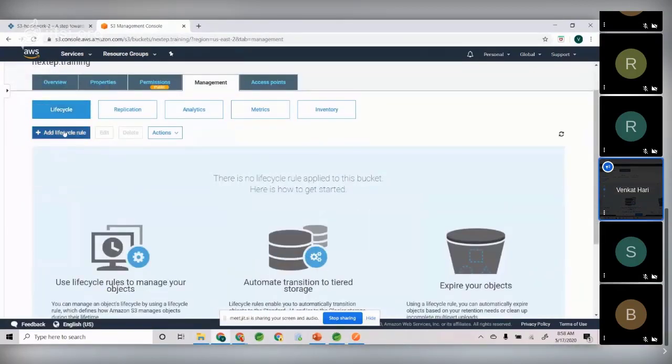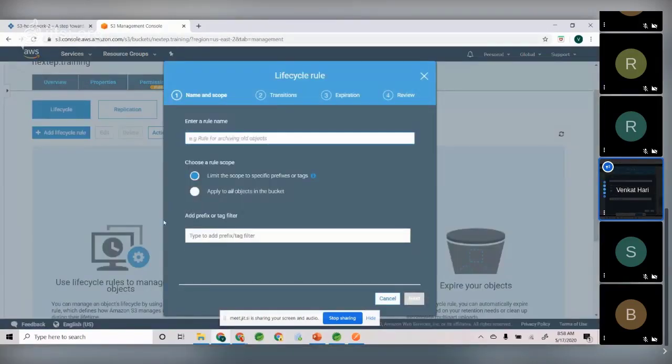So see here, Add lifecycle rule. So now let's say the first rule is move to Standard IA after 30 days, right? By default, I put it in Standard, but after 30 days, pretty much these statements get